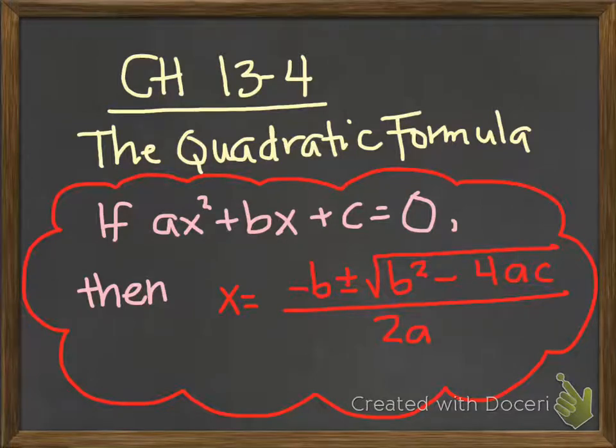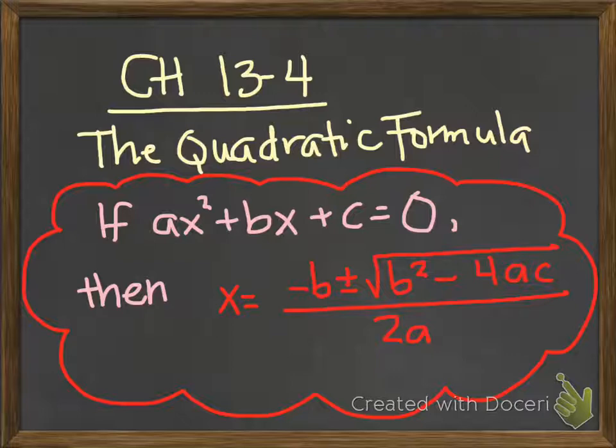Okay, chapter 13-4 is the quadratic formula, and it's in the red bubble. If x squared plus bx plus c equals 0, that's the standard form of a quadratic, then you can find the solutions to any quadratic. You can find the roots, find the solution, find the x-intercepts by using the formula